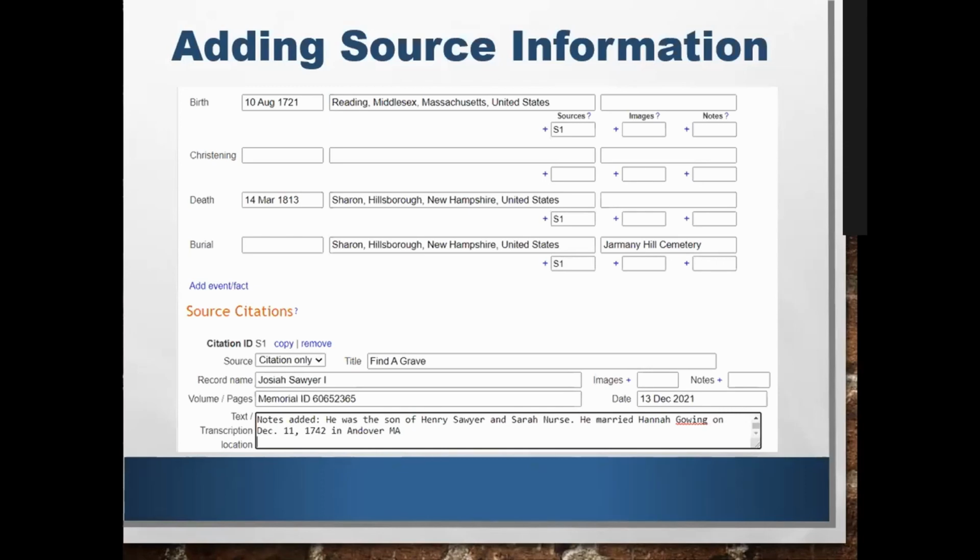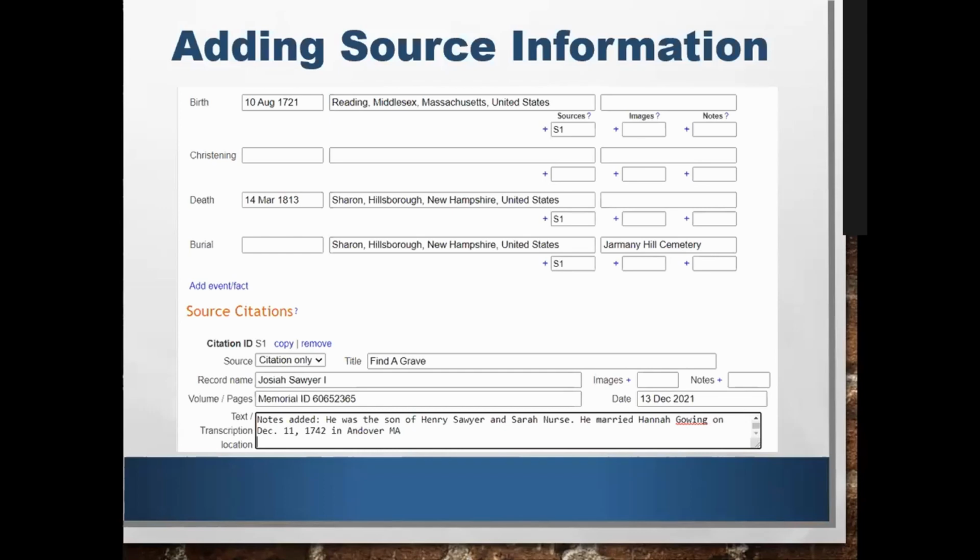I did find his and Hannah's marriage records. That's going to help me when I add more information. But this is all from one source. I can add a comma behind the S1 and start doing an S2, and you can keep going that way. Or if you're adding more information and you already have so many source numbers, you just go to the next number. So if there's like up to S6 right now, you would go S7,